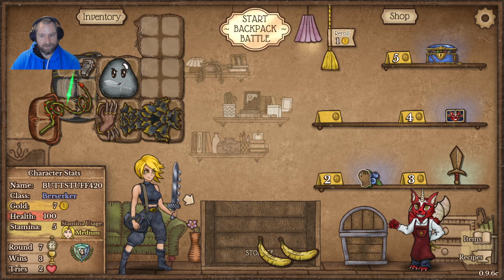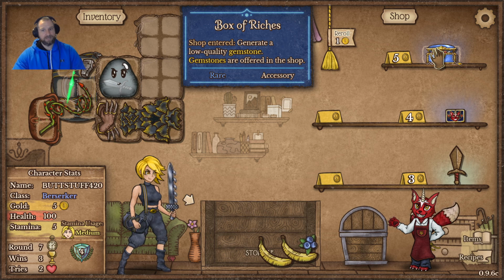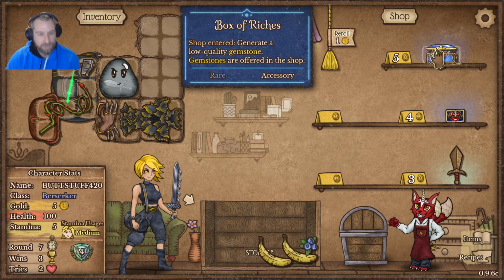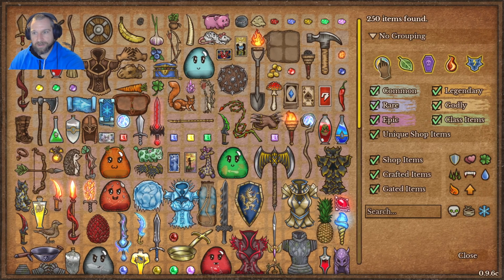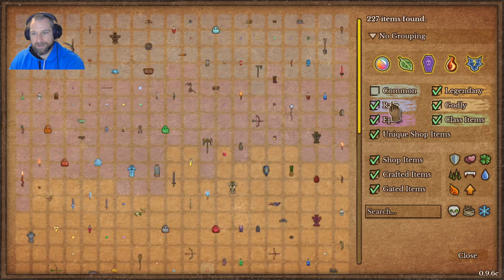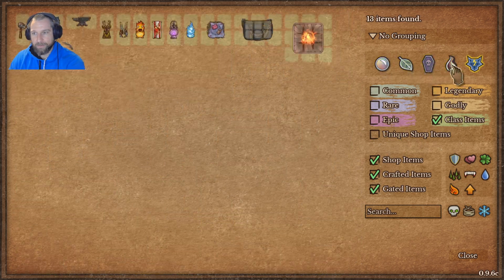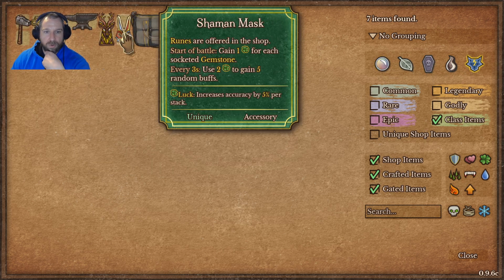I think that's fine. We can look to pick up the blueberries. I'm typically okay with it. The big question to me is, do we want to pick up the box of riches, right? And that's going to let us go more towards the whatchamacallit? Oh, I forgot. There was a patch that came out today, and they just changed some of the stuff. But right, if we want to go towards the Shaman Mask and take all of the runes and stuff now,